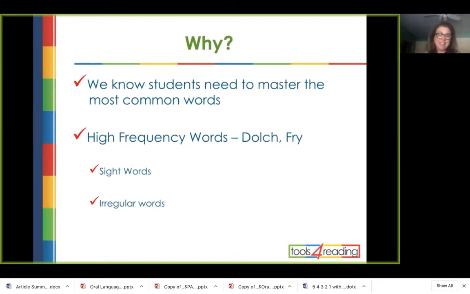But again, I'm hoping that I'm already challenging you to think about why would I consider changing what I've always done? And why would that be beneficial to my students? One of the things that I want you to be aware of is that it's a lot easier for your students to make the shift than it is for us as adults. Change